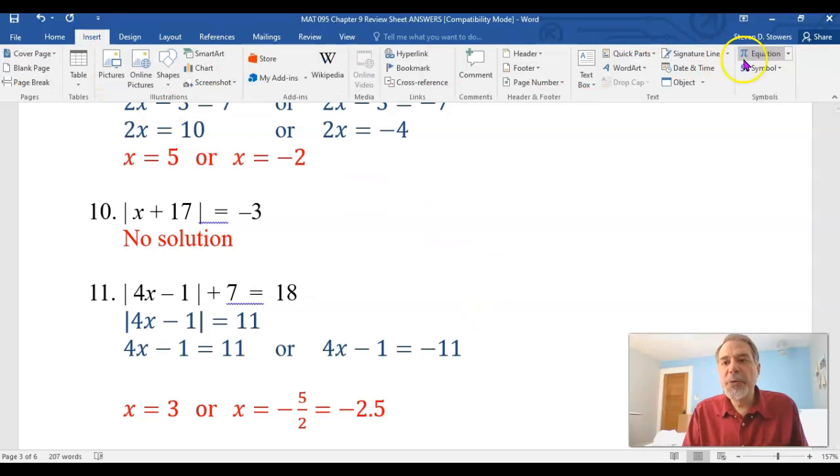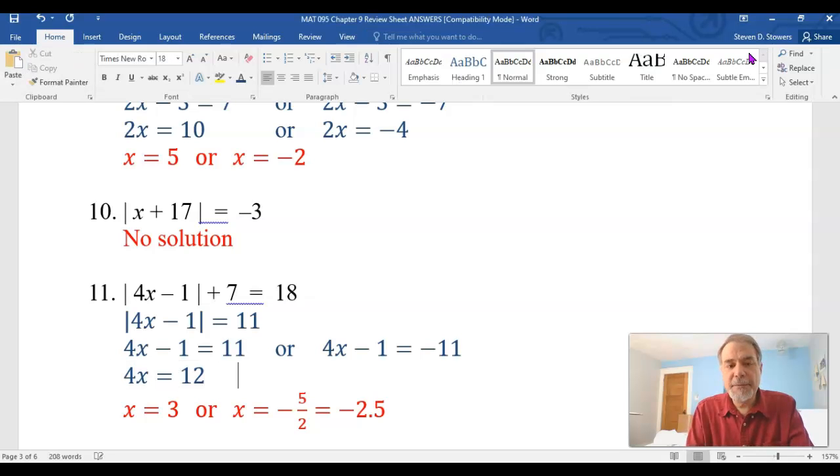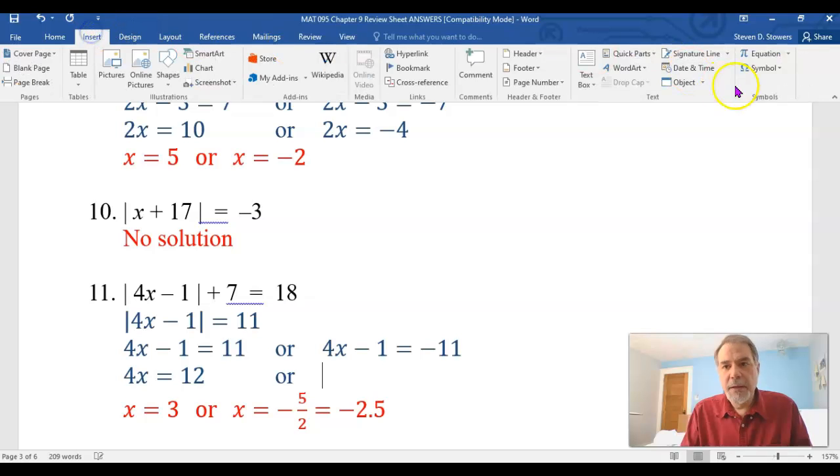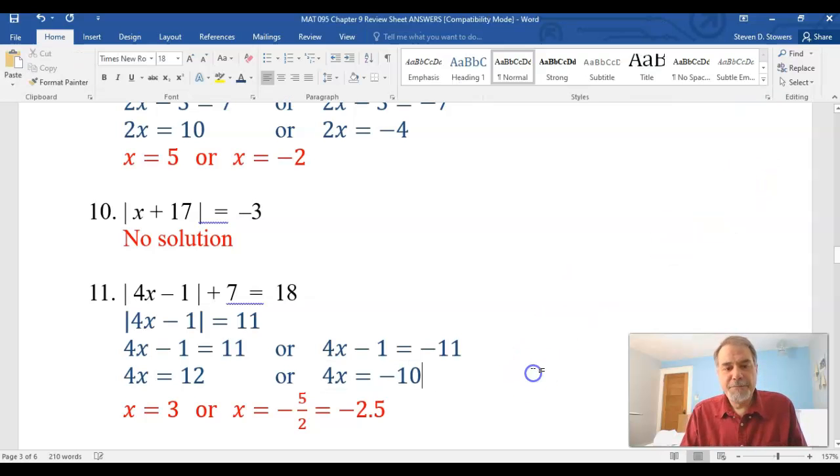So add 1 to both sides, we get 4x equals 12, or 4x equals negative 10. Then divide both sides by 4, and we get x equals 3, or here x would